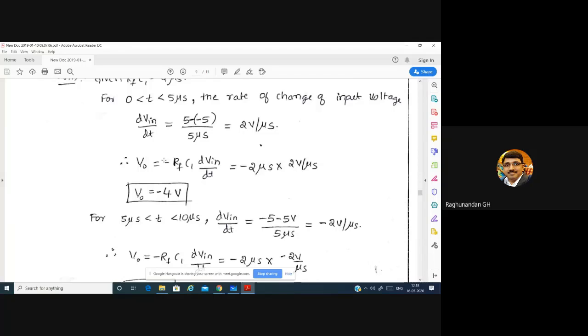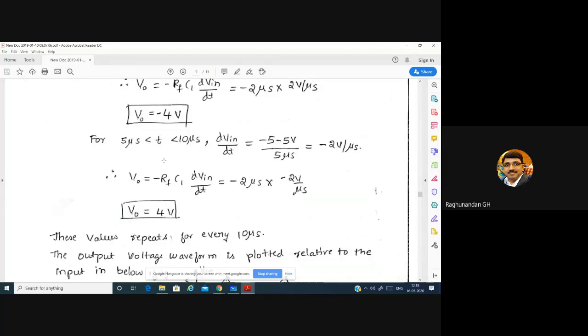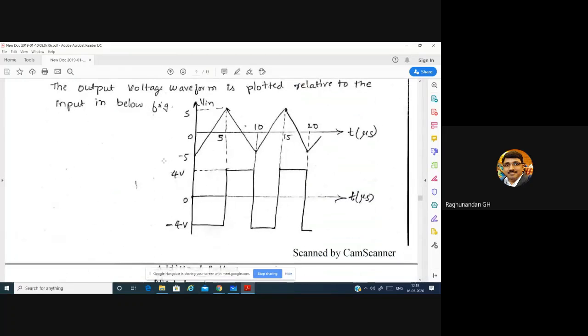So how do you find out it is an inverting amplifier? Because we give the feedback to the negative and also we give the input to the negative. Since we are giving input to the negative terminal of the op-amp, it is an inverting op-amp. An inverting op-amp will always have a phase difference of 180 degrees between input and output. That's why you should remember these things and write.